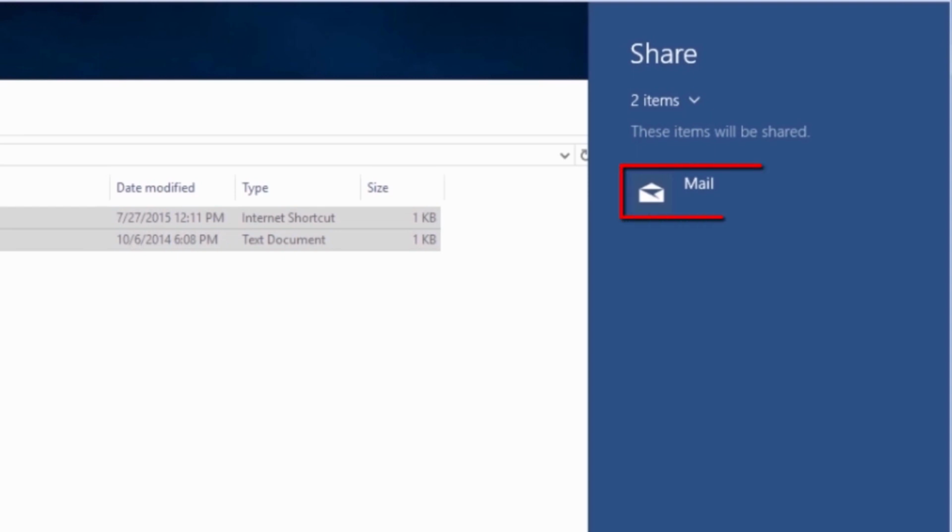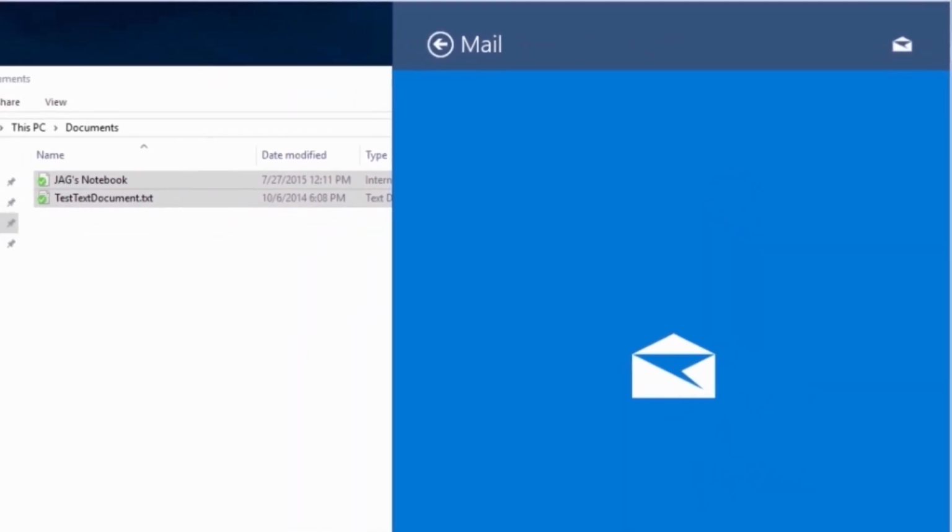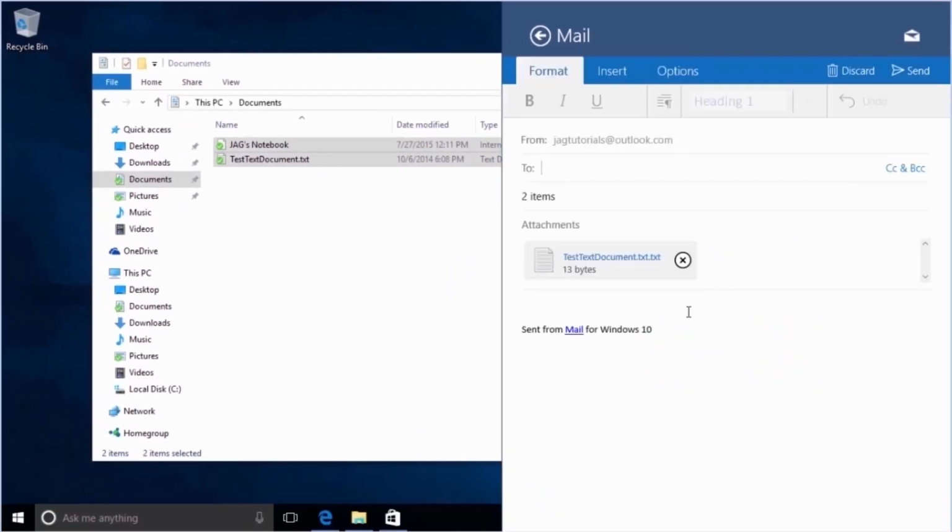The only app we have that is supported and set up is the Mail app. If we had other compatible apps capable of sharing, we would see those listed below, like Facebook or Twitter. Select Mail or another sharing option of your choosing. The Mail app will open to the right side panel.